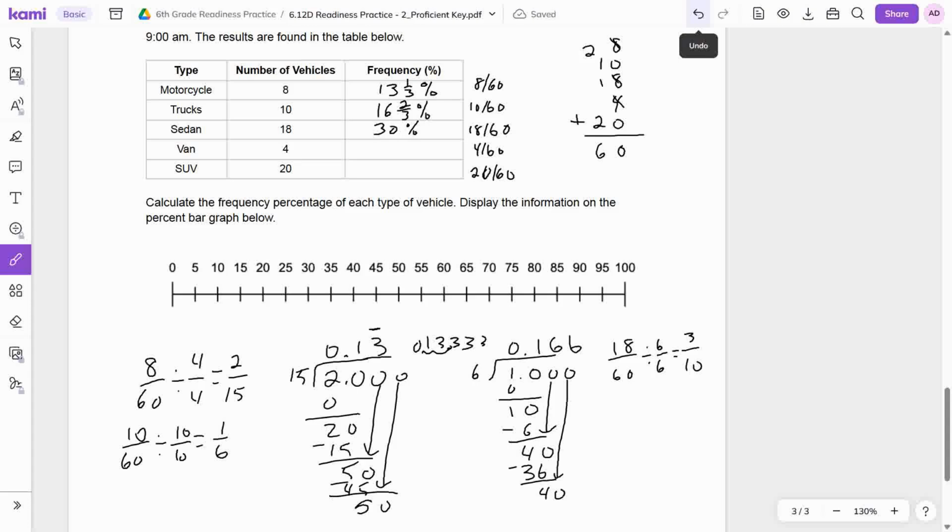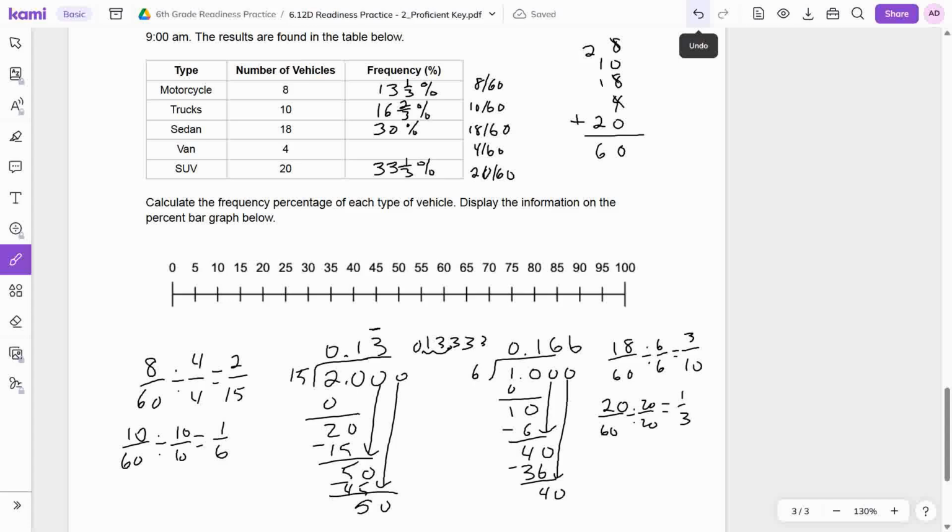Let's check our, the 20 out of 60 is going to be pretty easy as well. 20 out of 60, because you divide by 20s, and you are going to get 1/3. So remember, that one is 0.333333 forever. It's 33 1/3. All right, so since that's my 1/3 and my 2/3 from 16 and 13 make a whole, so that 4